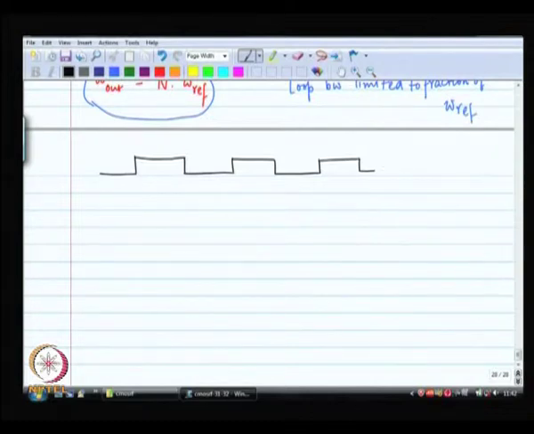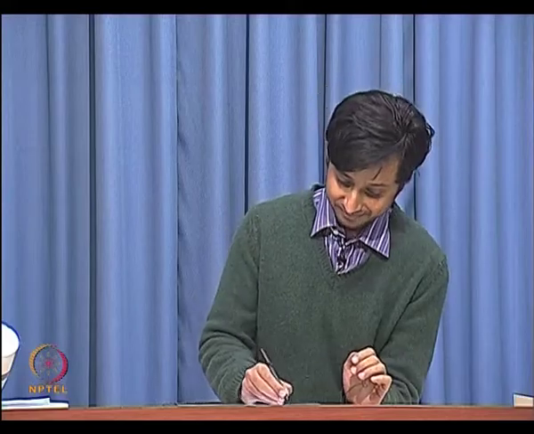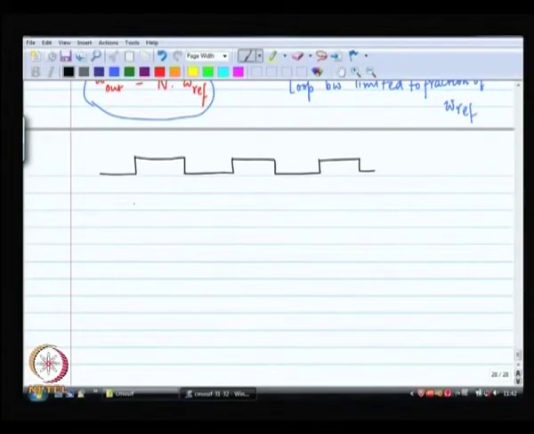What does it mean when you say let us divide the phase of this clock? It means you also divide the frequency of the clock by a factor n. How do you divide the frequency of a clock? By using a counter. So, for example, a divide by 2 counter with one flip flop